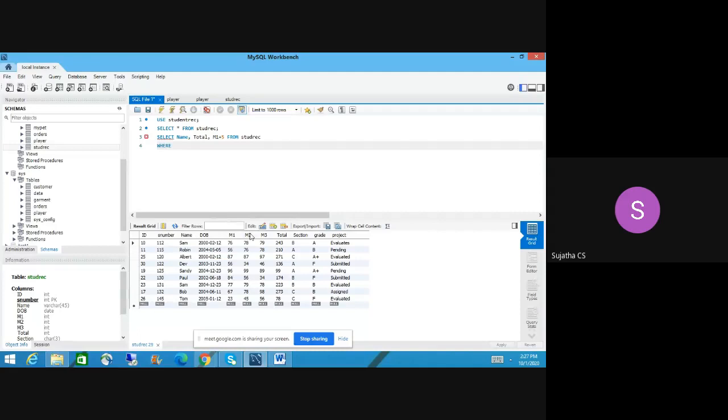Okay, because if you blindly say M1 plus 5, so what will happen? 96 plus 5, it will throw error. According to our table, it won't throw error. We fixed that mark, right? In general, in a real table, we fix M1 maximum as 100, right? So whenever you use 96 plus 5, it will throw error. So for the safer side, I'm giving a where condition: M1 is less than or equal to 90. You will say that 90.